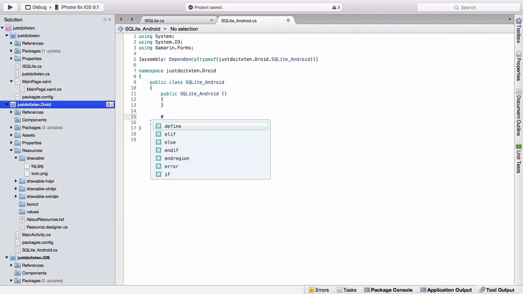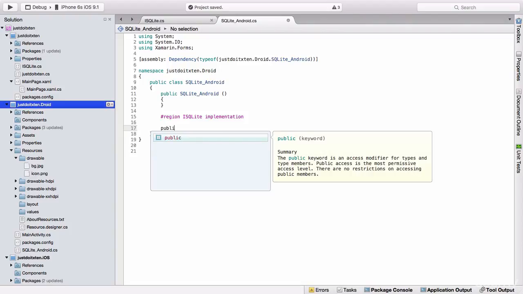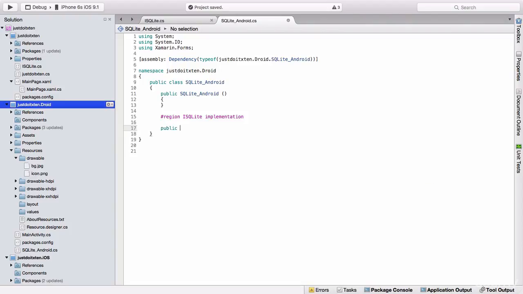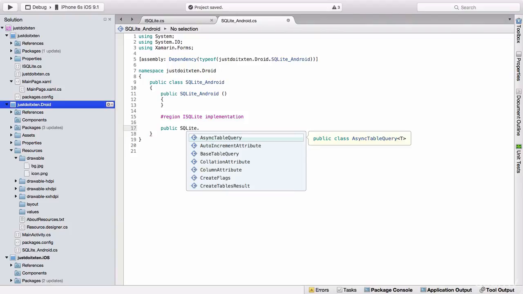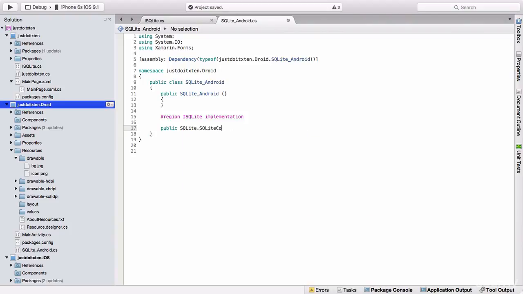So put a hashtag in and region SQLite, and we want to say this is an implementation, and then in here we're actually going to write the code that allows us to get this connection. So SQLite connection,